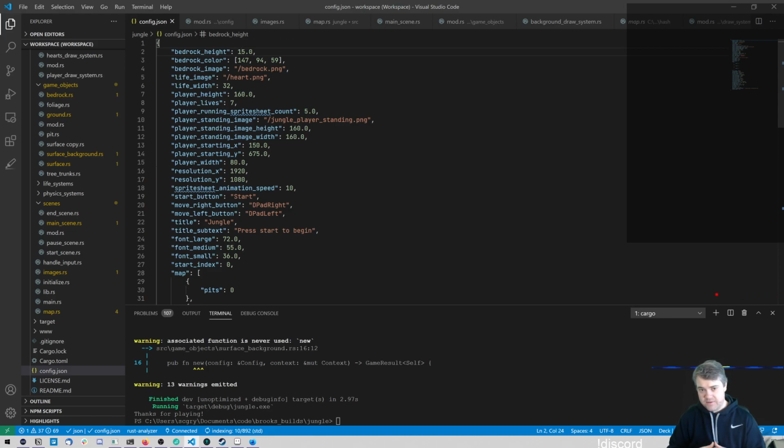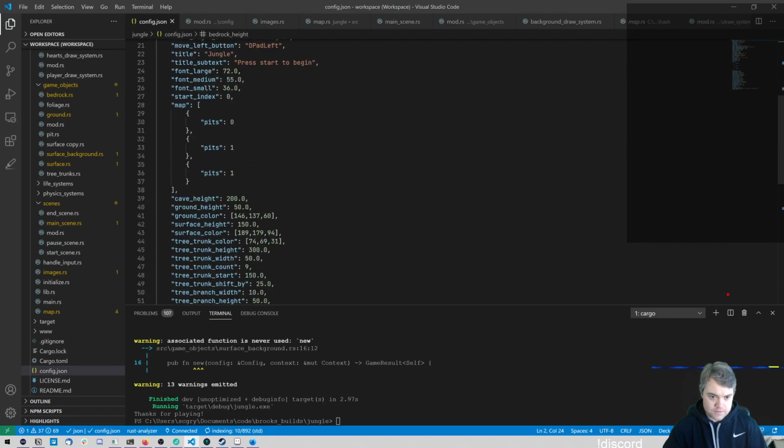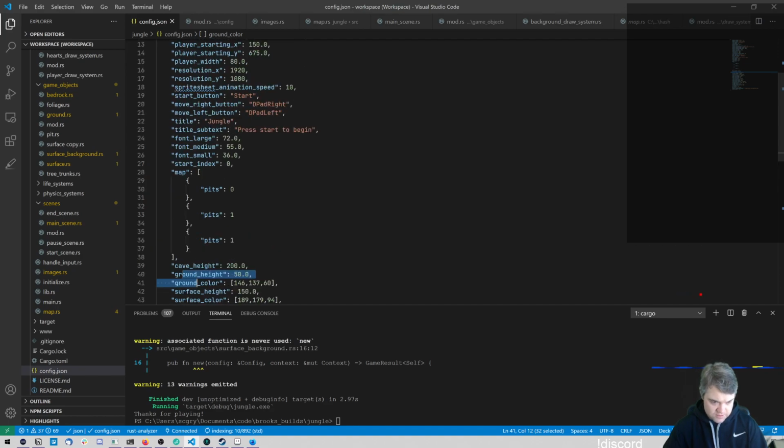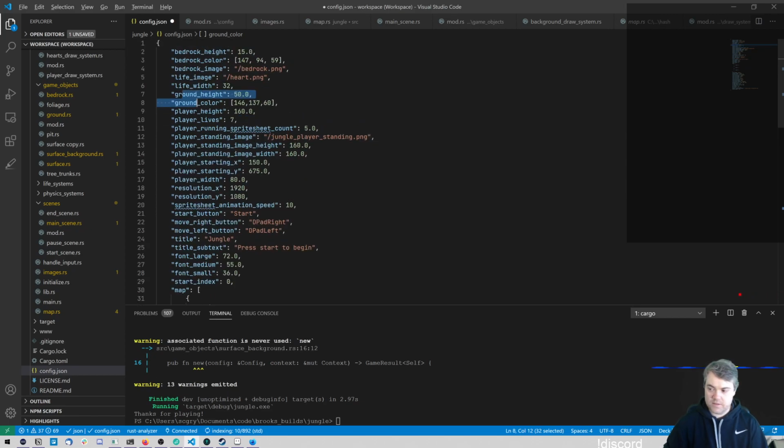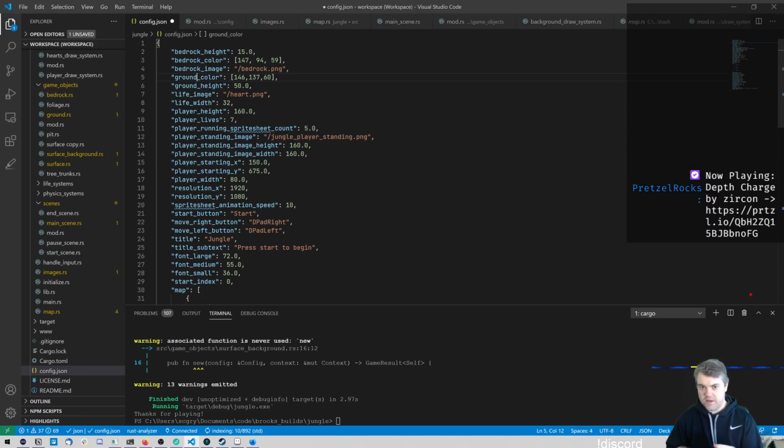Then we're gonna have the ground, and it's sort of like this ground height and ground color. Put this back up here. So if I want this to be 50 pixels and you start at 15, what is the scale to get